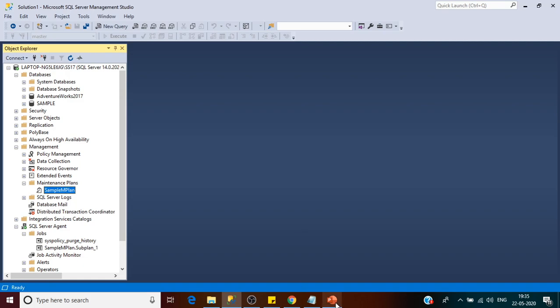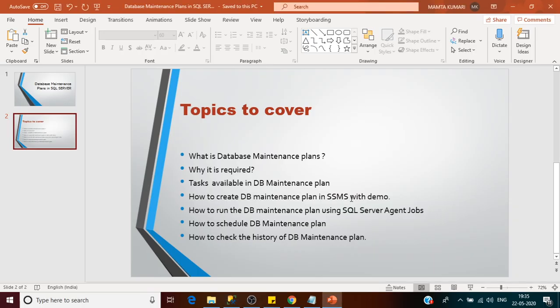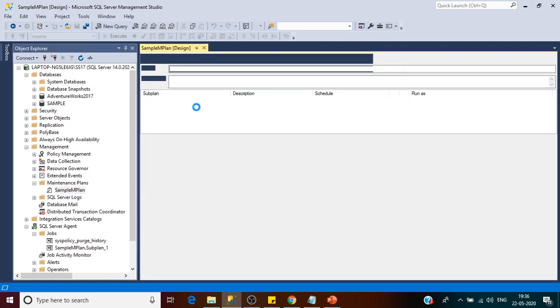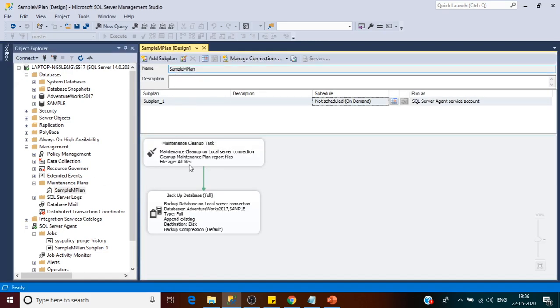Okay. So we have created the DB maintenance plan in SSMS using the wizard. Now, how we can run this DB plan? Before that, I wanted to show you, if in future you want to update or add one more task in the same DB plan, how you can do it. Simply double click on it, and on the right hand side it will open the designer of the maintenance plan which you have just created. Here you can see we have a plan. In this we have two tasks which are executed in sequence.